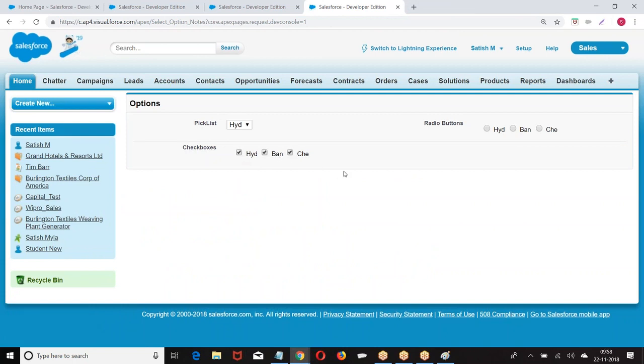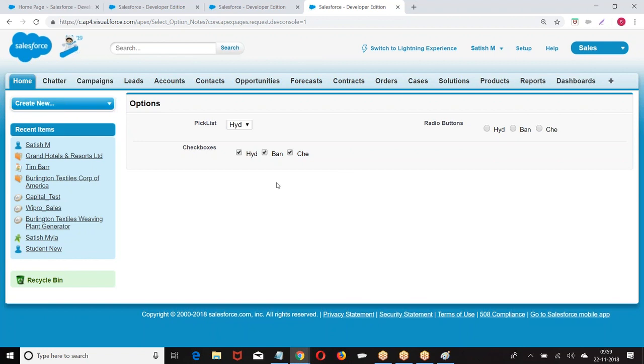The way we are creating the option is the same. The way we are creating the option is not changing. Only the top head is changing. What is that? Select list, select radio, select checkboxes. Are you clear about it? So what we have: select radio, select checkboxes, select list. How is the option created? Select option, item label, item value. I hope you are good.